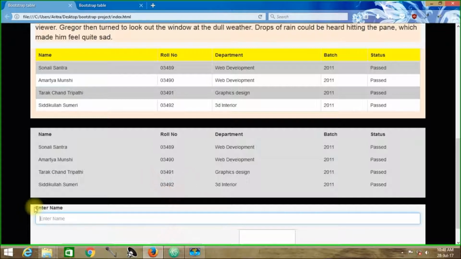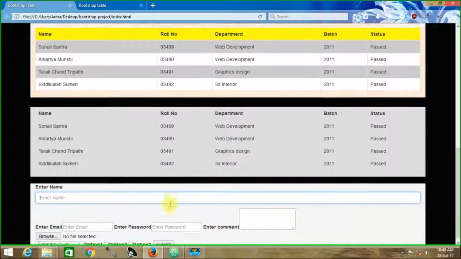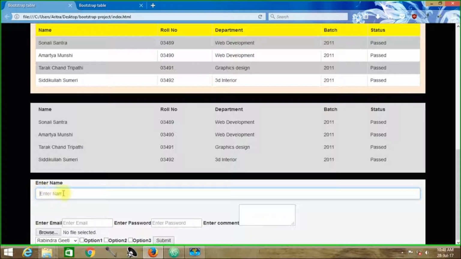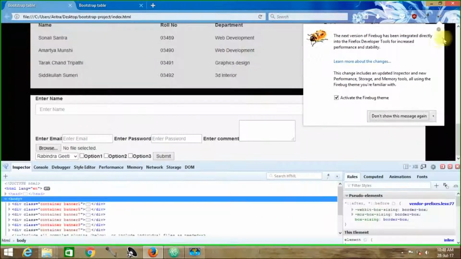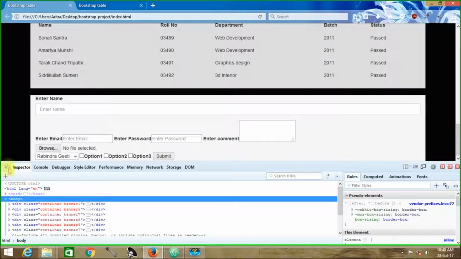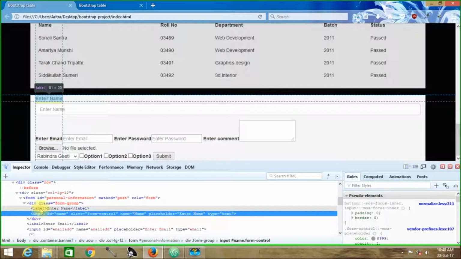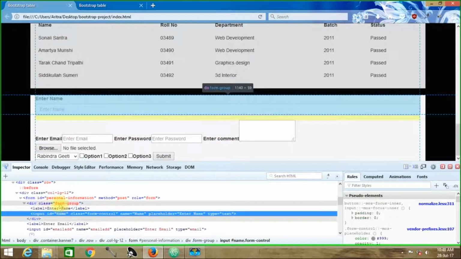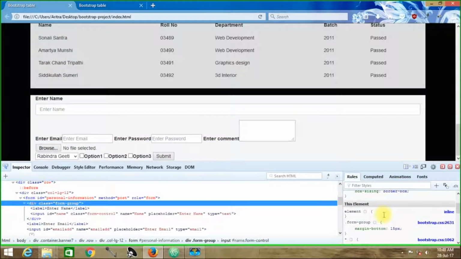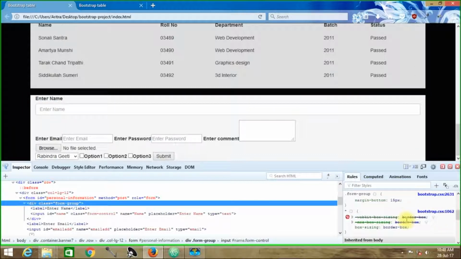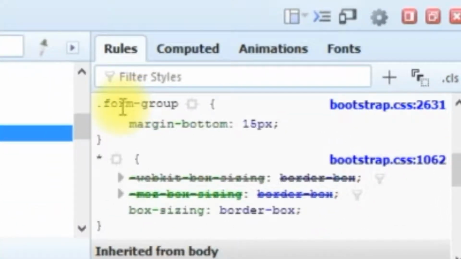This is the div class form group that is being used over here, and inside it we are practically using another class. So now let's activate the Firebug element and check on it and see whether these things are coming or not, whether these things are in place or not. So we are placing on this form group element, and we can see that this form group is in activation.